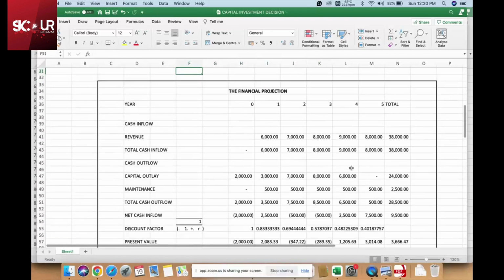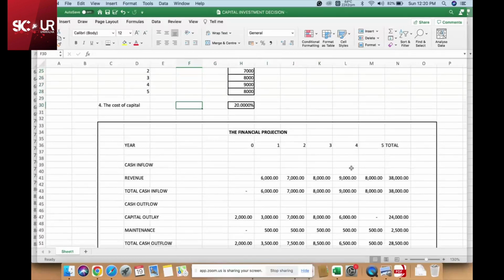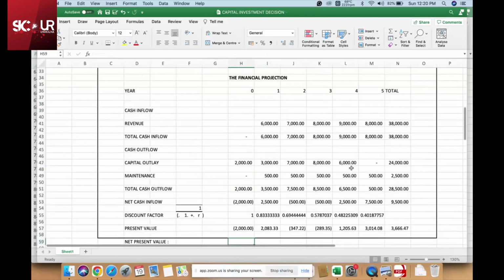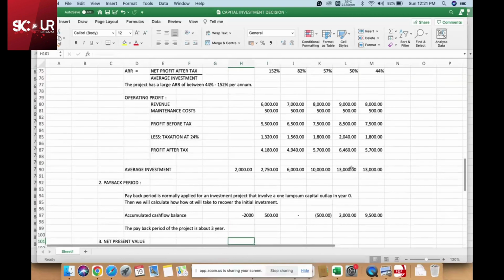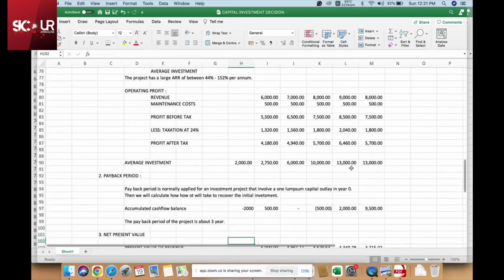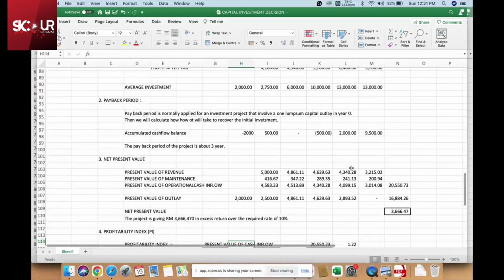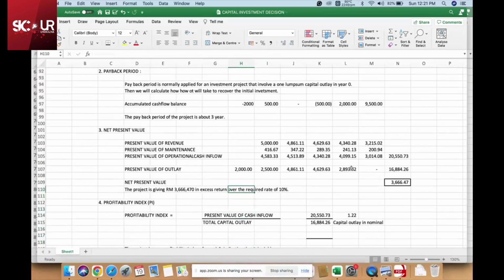So we use 20% here. I must have written wrongly somewhere. Yes, it should be 20%